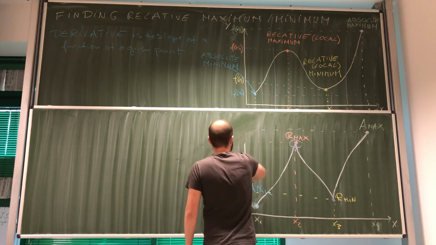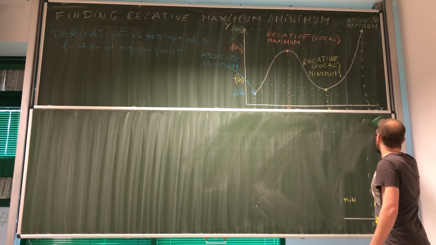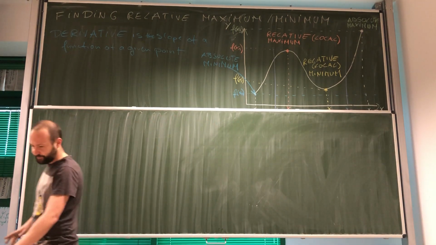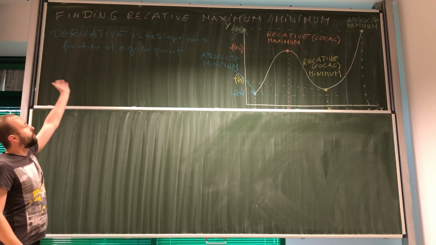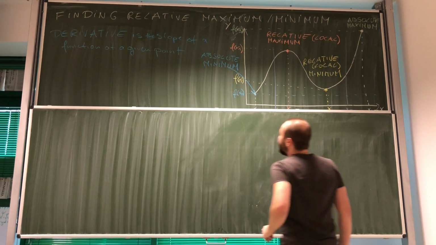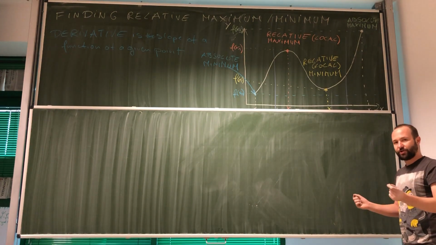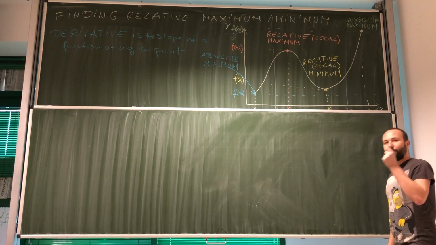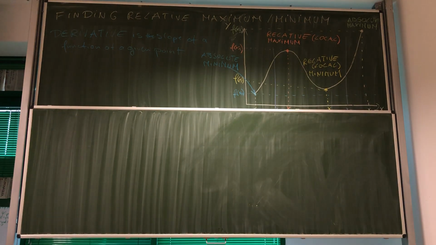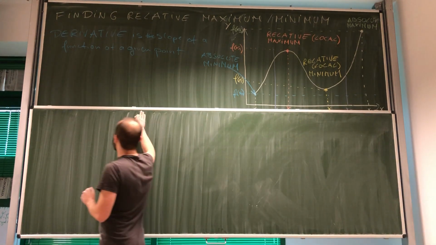Okay, so now, knowing what is relative maximum and relative minimum, how can we use our knowledge about the derivative to find them? Look, I will be probably saying and repeating this over and over, that derivative is the slope of a function at a given point. So if I have some function, I calculate the derivative by putting different values of x into the derivative, I'm getting a specific value of the slope of this function at the point for which I'm calculating the derivative. Now, how can we use this knowledge to find